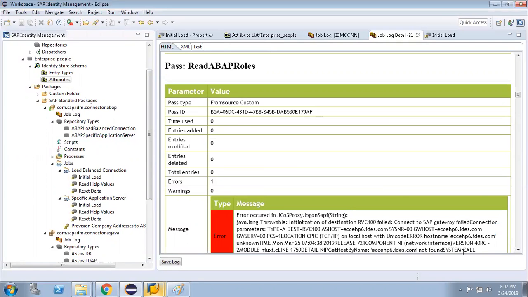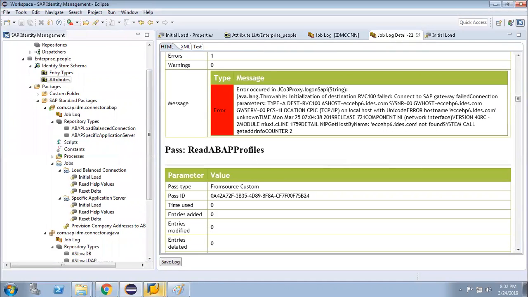Sorry, here is the connection error. AS host, gateway server, TCP/IP, localhost, Unicode error, hostname ECC EHP6 is unknown. Hostname, yeah, is what you are showing.